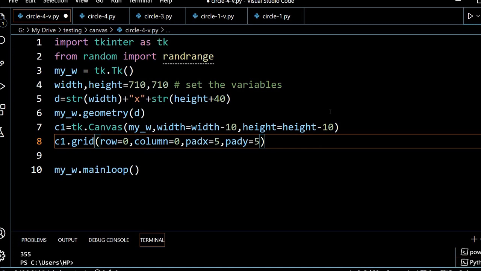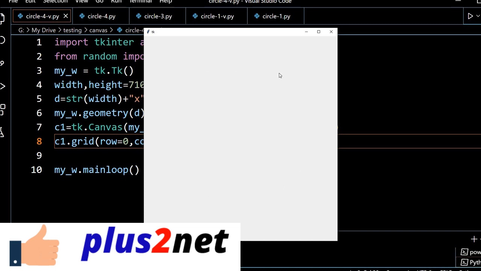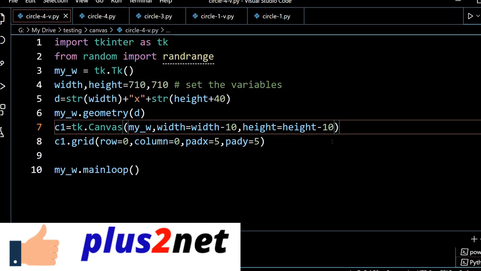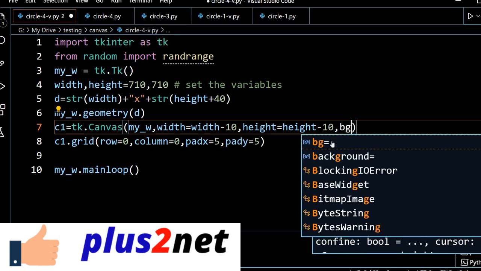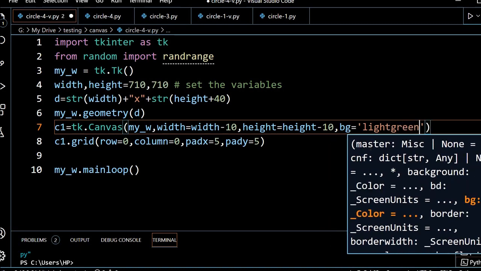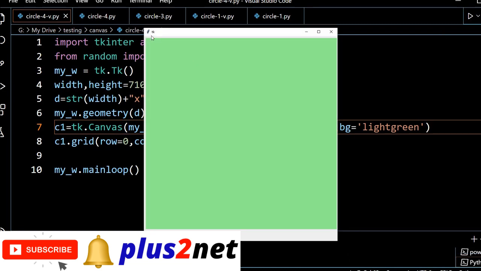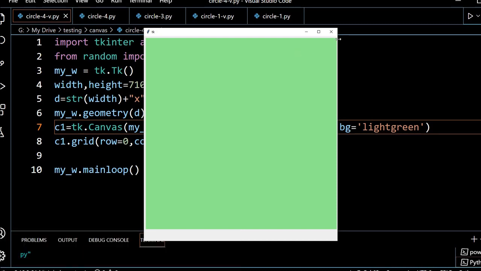I have not given any background color, but let's see how this looks. Okay, it's a blank window, and the canvas is here. You can give a different background, but we don't want to, since the rectangles will be coming. Now bg equal to light green. You can see the canvas now. Let's see once. Yeah, here it is. You can see the edges are maintained, and there is a slightly bigger bottom edge because I want to subsequently place a reset button. With this, we'll remove this and work on it.